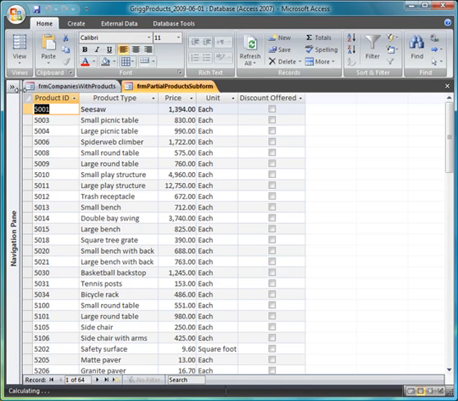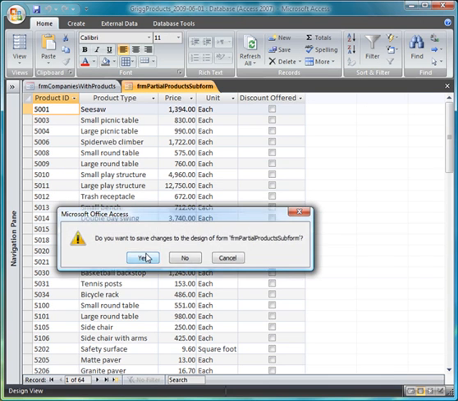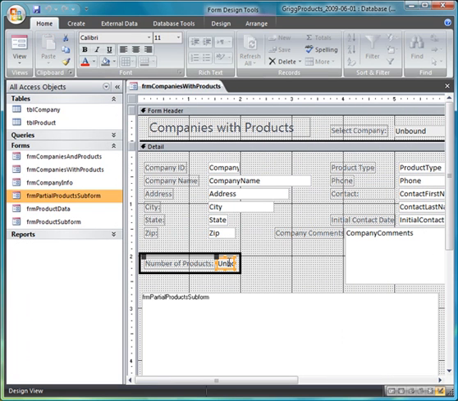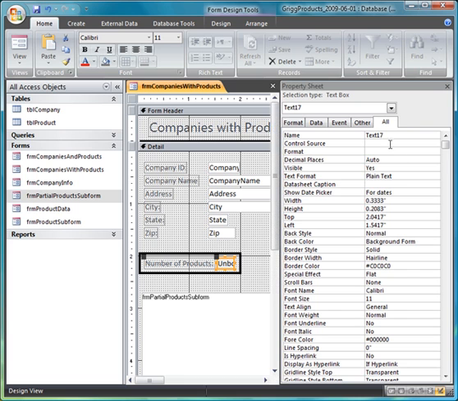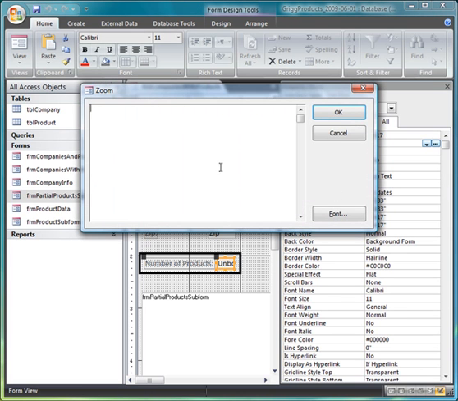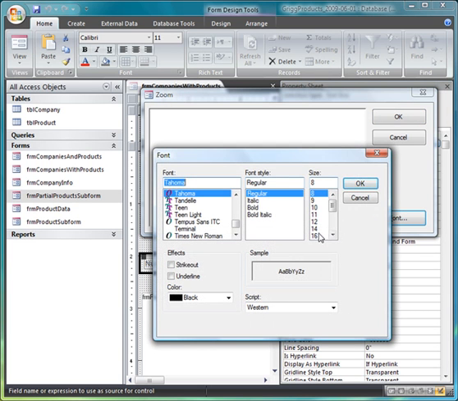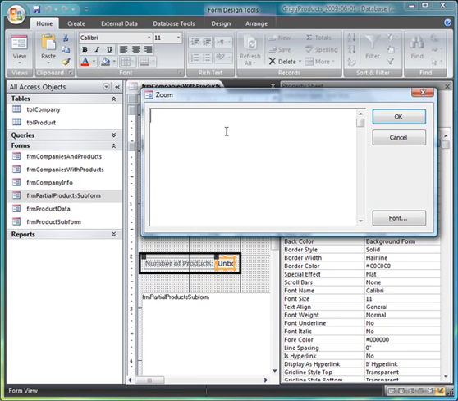So now I'm going to switch back out of here to my main form, and I'm going to put a formula here. Now, the book has you use Expression Builder. I don't like Expression Builder. If you like Expression Builder, go with it. I'm going to do the calculations by hand, and I'm going to open up my property sheet. Then from my property sheet, I'm going to zoom and put my formula in a zoom box. Now I'm going to increase the font size so that I can see it, and I'm going to set the value of this to be equal to